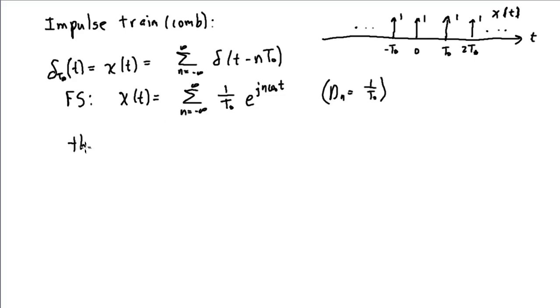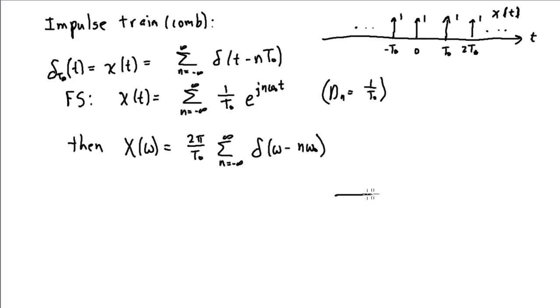And then based on the work on the previous slide, X of omega then would be 2 pi. I'll pull out the 1 over T0 term, and then we have a sum from minus infinity to infinity of just omega minus n omega 0. So this is the same sum of impulses that we had for a periodic signal previously, which of course this is a periodic signal, but now all of the weights of all of the impulses in the frequency domain are equal. So corresponding spectrum